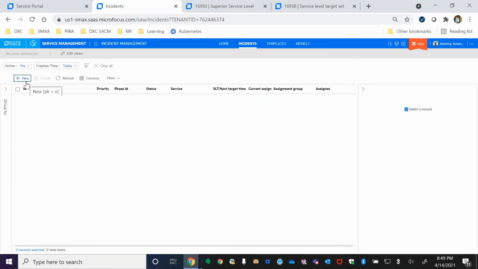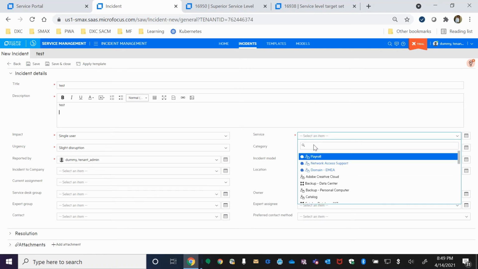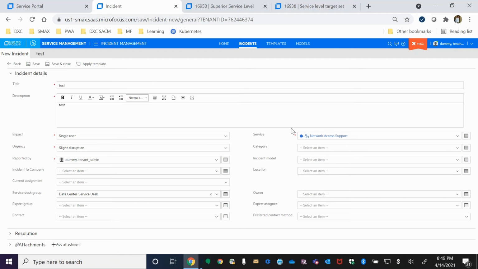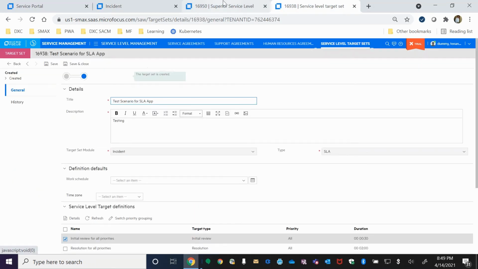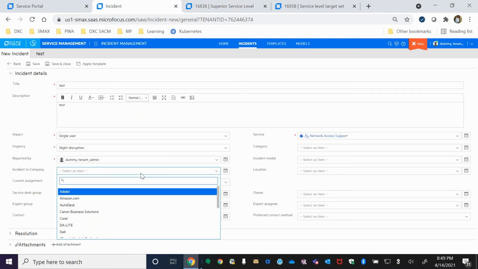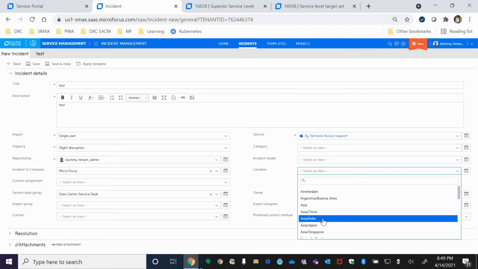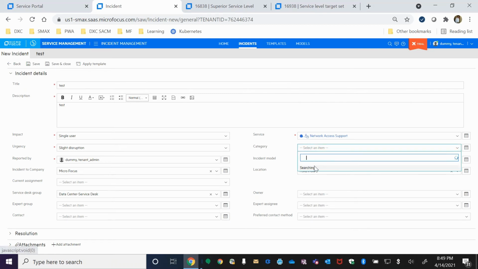Once you add those fields, and you come to create a new ticket, I'll quickly create one ticket. Here I am selecting network access support, because this is the field I have selected in my first record. The combination is network access support, Micro Focus, and Asia India. I'll be using those values which I have selected there, so I'll select Micro Focus and the location as Asia India. With this information,